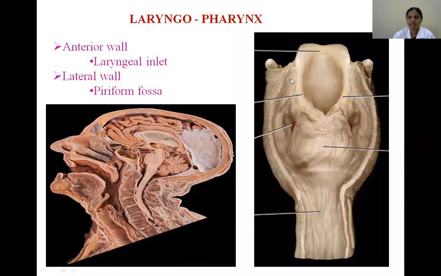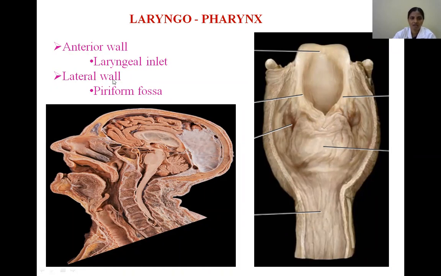So on either side this laryngeal inlet is bounded by the aryepiglottic folds, and behind and below by the mucosa in between the two arytenoids. Beneath the mucosa, the two arytenoids are connected by a fold, the interarytenoid fold, containing a muscle connecting the two arytenoids, the interarytenoideus muscle. So the interarytenoid muscle covered by a fold called the interarytenoid fold limits the lower and posterior boundary of this laryngeal inlet.